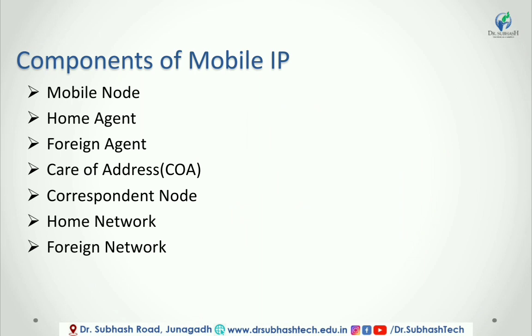The home agent provides a server service for the mobile node and is located in the home network. The tunnel for the packets toward the mobile node starts at the home agent. The home agent maintains a location registry, meaning it is informed of the mobile node's location by the current COA, care of address. Following alternatives for the implementation of an HA exist.